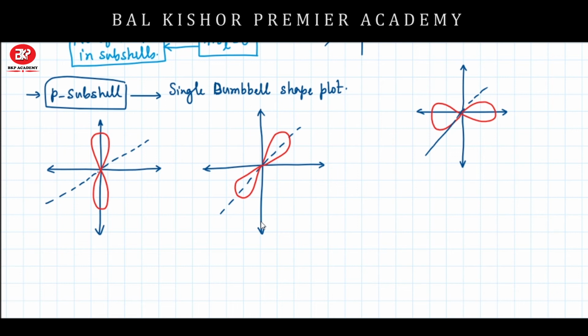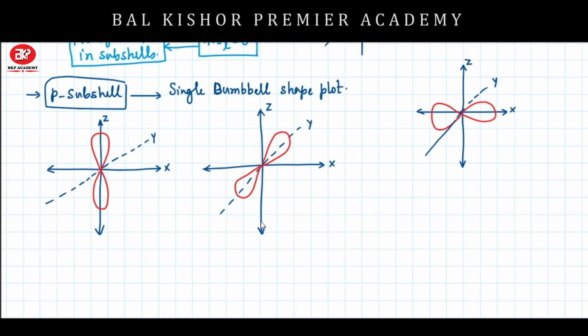So there are three types of orientation possible for a single dumbbell shaped boundary surface. If I denote the direction as the z axis, with the x axis and the y axis for all the cases,